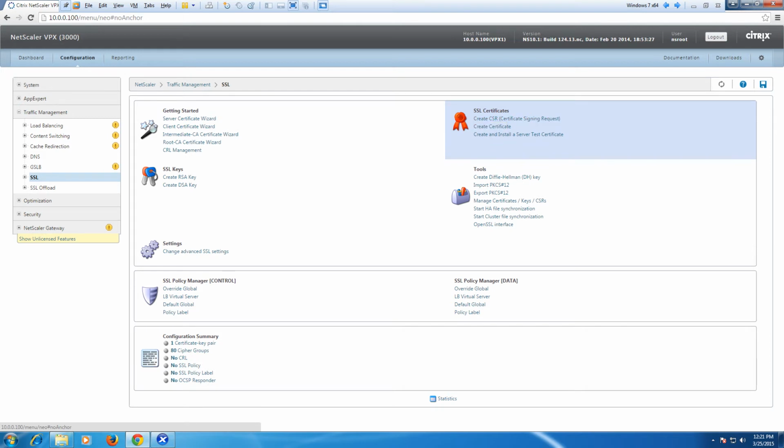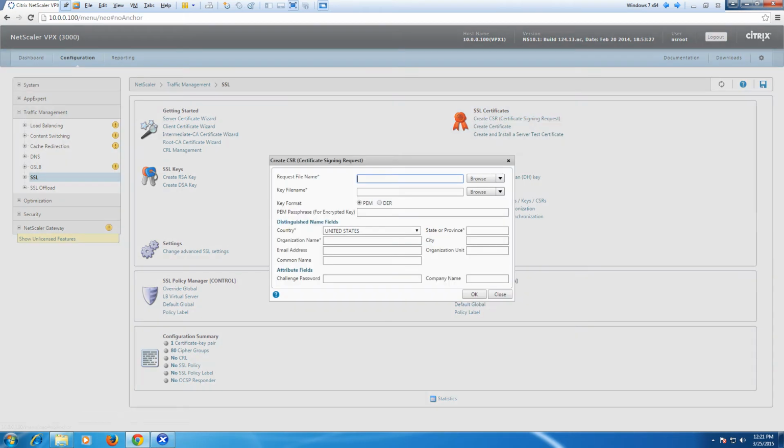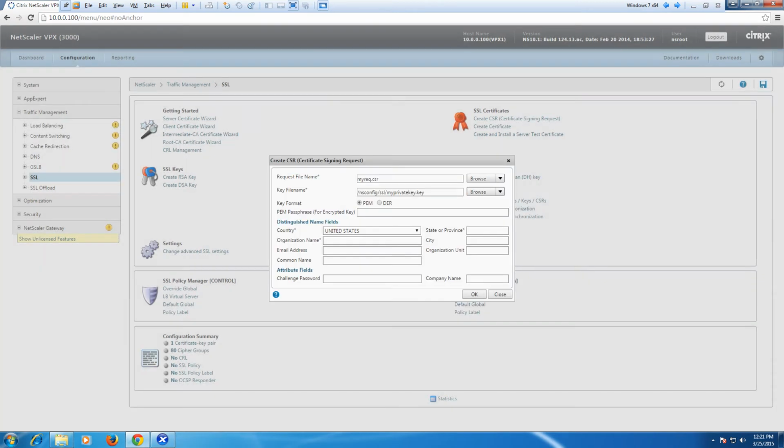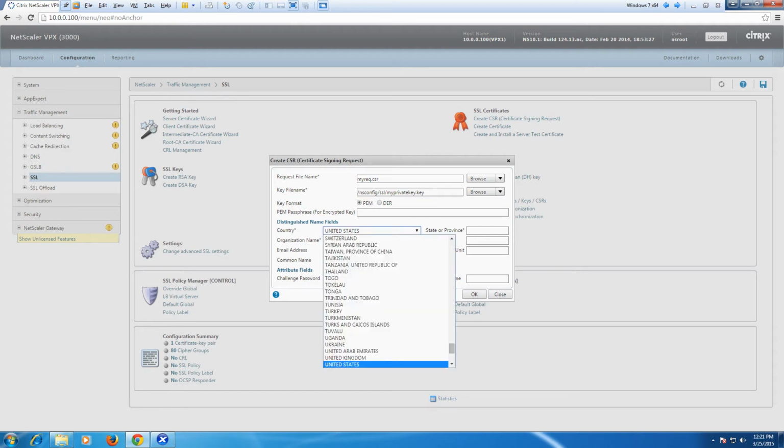Once the key is generated, you can go ahead and create a CSR. To create a CSR, under SSL certificates, select Create CSR, and you can give any name. I'll give my request.csr, and I can browse to the private key which I have just created. That's my private key. Select the private key, and the key format would be either PEM or DER based on the key which you have generated, and the country would be India,